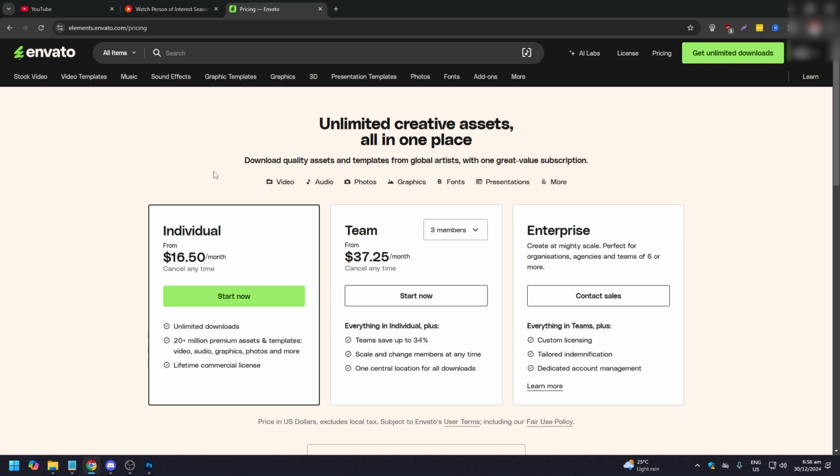So Envato Elements is arguably the most popular paid premium option for any digital media asset out there that is not free. If you're going to use, say, the usual free websites, like the two ones that I can't even remember the name of anymore, Envato Elements is the close one because it is $16.50 per month. Gives you unlimited downloads, 20 million plus premium assets and templates, and lifetime commercial license, which means when you download